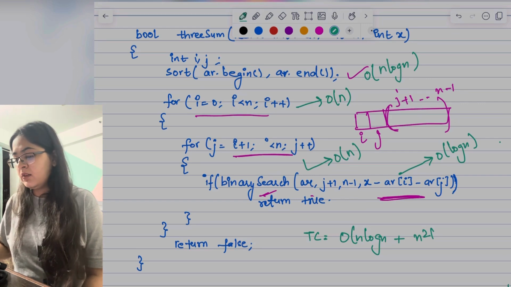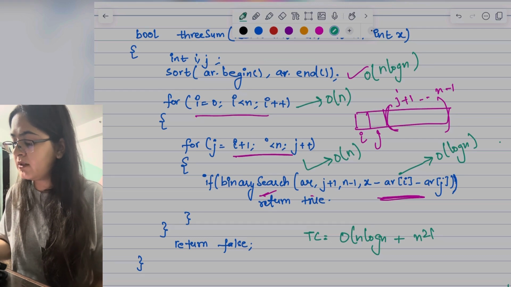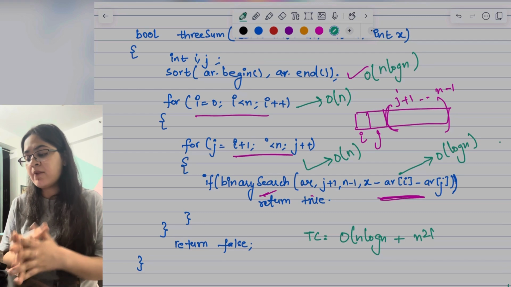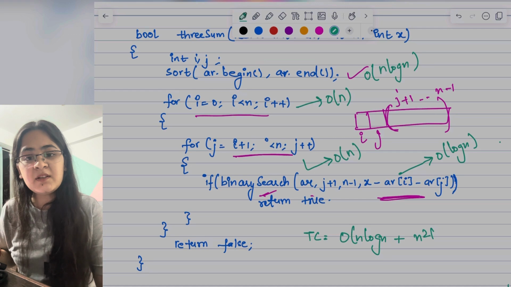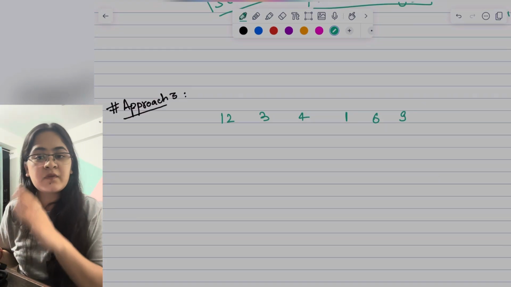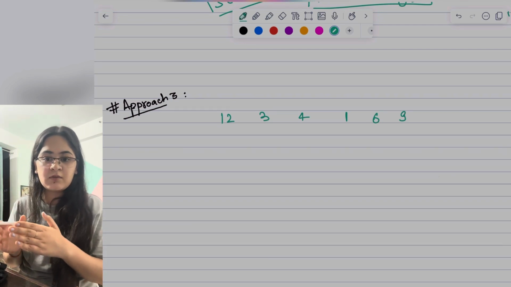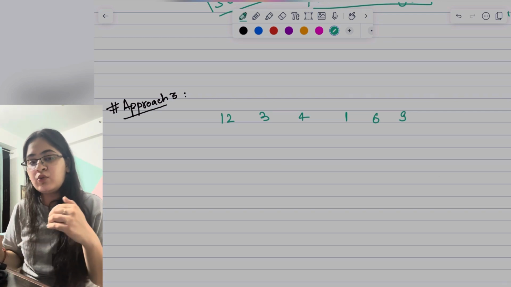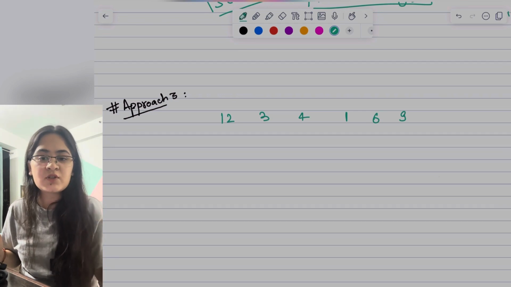Okay, now let's come to the third approach. Let's again write the array 1 6 9. For approach 3 and approach 4, I would recommend you visit one of my previous videos, which is of the two sum problem. That is the first video that I posted on my channel, because in both these approaches I am going to convert the 3 sum problem into the 2 sum problem, and to solve that 2 sum problem, you should know the basics of 2 sum, like what all approaches we use for that.